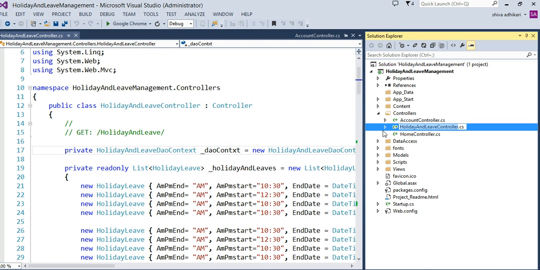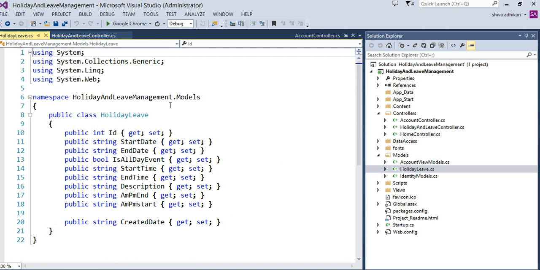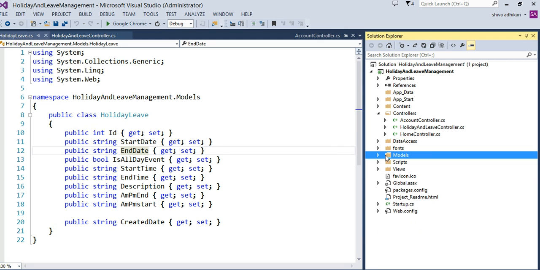And then of course, in terms of data, in terms of model, the only thing I have here is a holiday and leave. This is my object because I have the ID property, start date and end date. Just to make this demo easier, I have set all of this data as strings. And once my model is done, and of course you're using Entity Framework model first design, what I did was